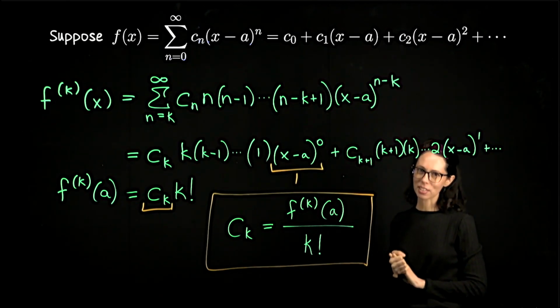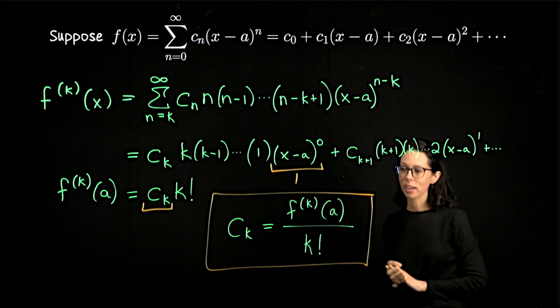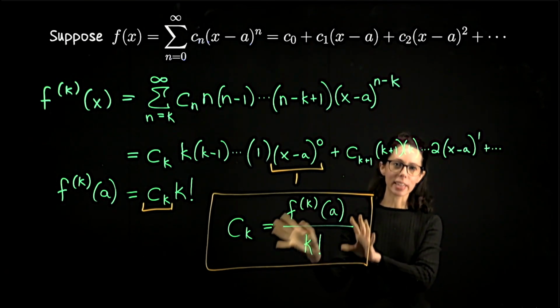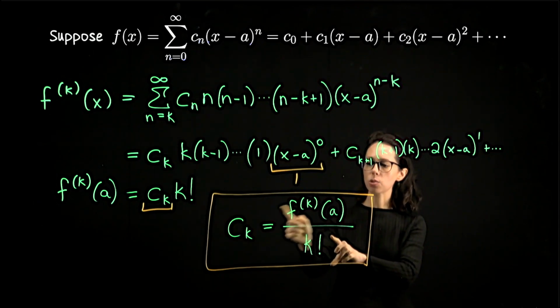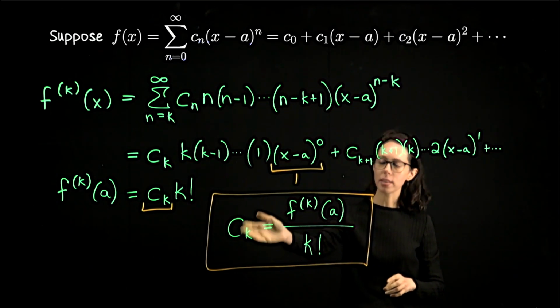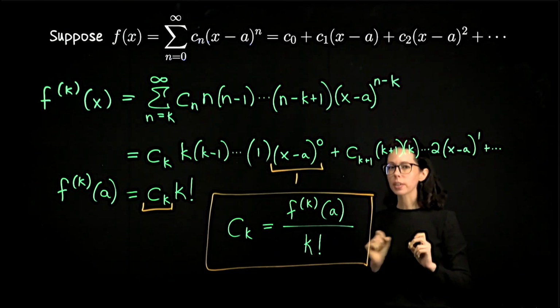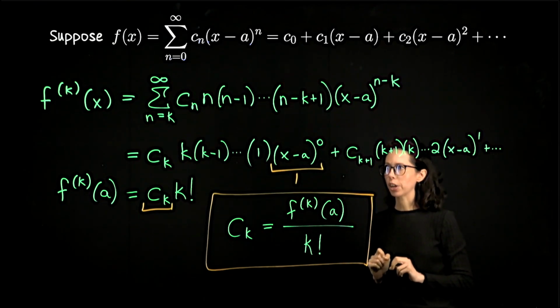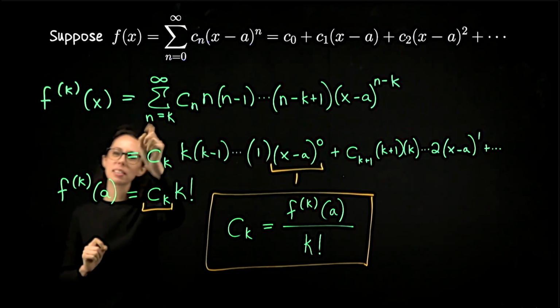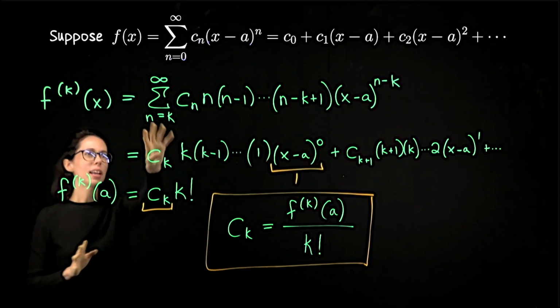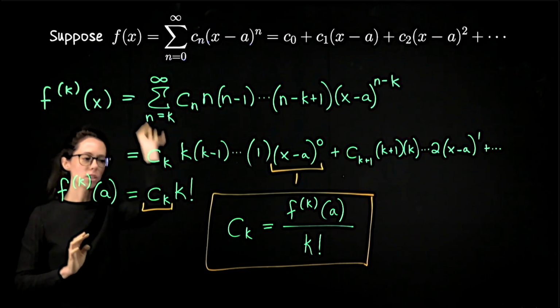If you compare this to what I wrote down on the first slide, I switched from n to k, but it's the same idea: this just represents an index. So this could be C0, C1, C2, C3, C4. So k just runs through the indices in our series. The reason I made the switch from n to k, in case you're curious, is because I was already using n to index through my series, and I didn't want to switch this up. I thought it was better to switch the derivative order up.